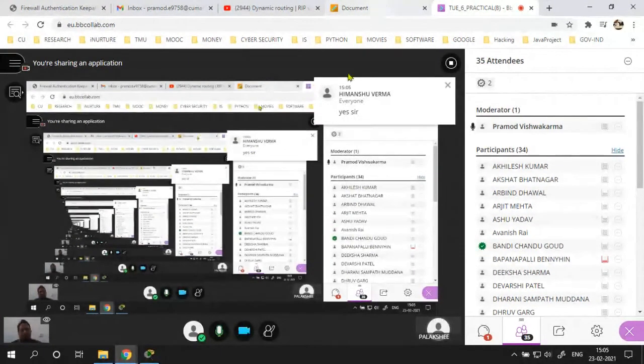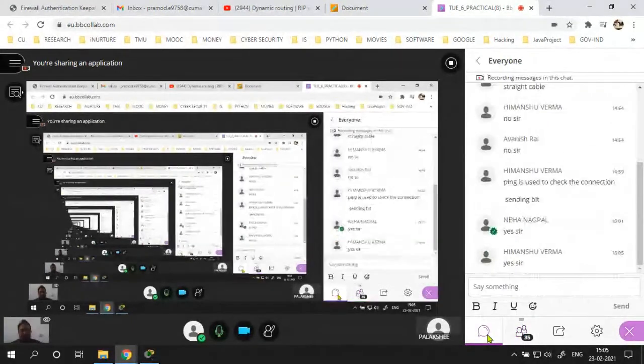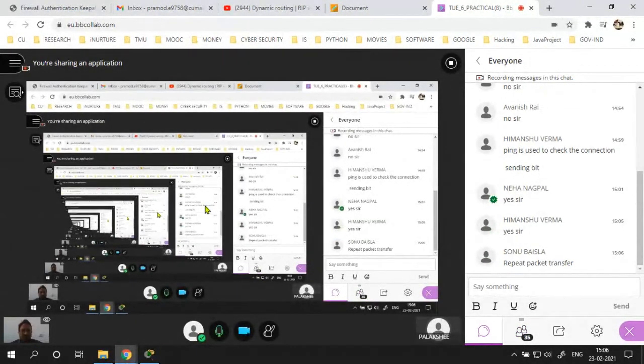Now, what is the functioning of a hub? Do you know how a hub works? So how is the delivery of a packet done? The hub is the central device to which you can connect many PCs.